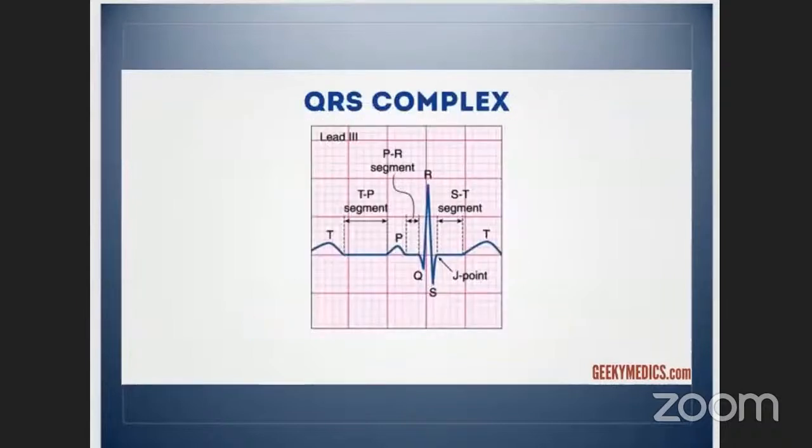Okay, looking at our QRS complex. So we know this to be the TP segment. So this is the electrically neutral line that we use to assess our J point changes, as opposed to the PR segment. I'll elaborate on that a bit later. And so we have our P wave, we have our PR segment, and going into our QRS complex.